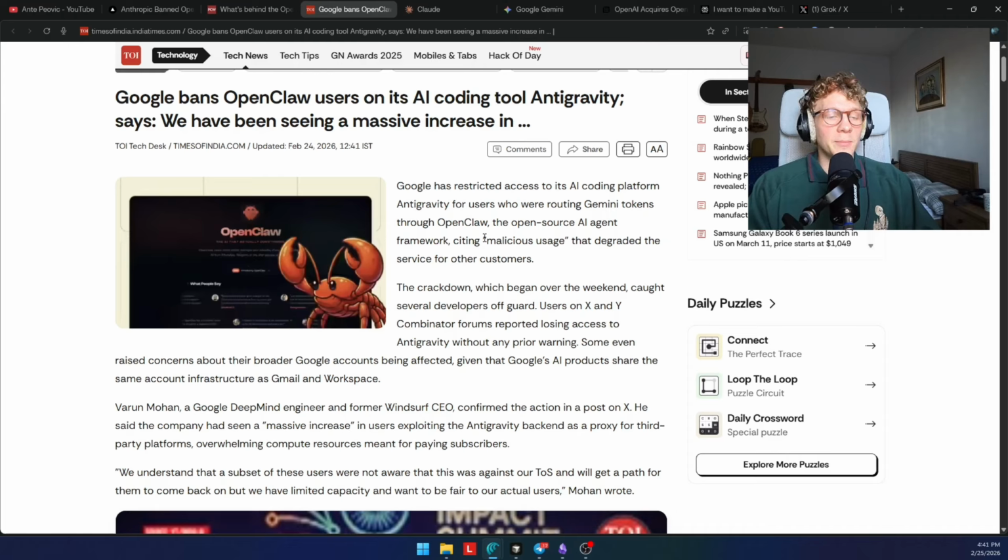I think that is BS. First of all, Google has so much inference power, and the second point is, who uses Antigravity at all? Everybody uses Cursor or Codex or Claude Code. Nobody uses Antigravity. I'm sorry, Google, you have to make a better product so that we actually start using it.